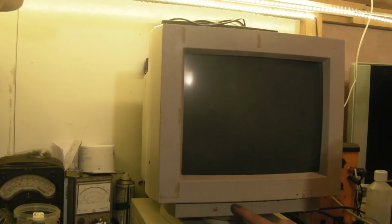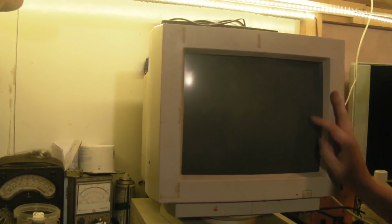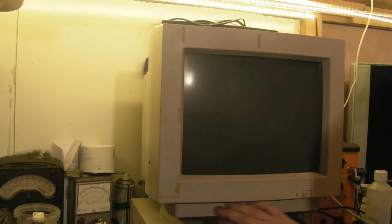I wonder if that's based on a Sony. And again, I don't think it's Trinitron because I can't see the line in the screen. That monitor looks very familiar to me. I think that's someone else's monitor that Apple are rebranding. I'm going to have to look into that. But yeah, basically we've got the monitor to go with the Performer,